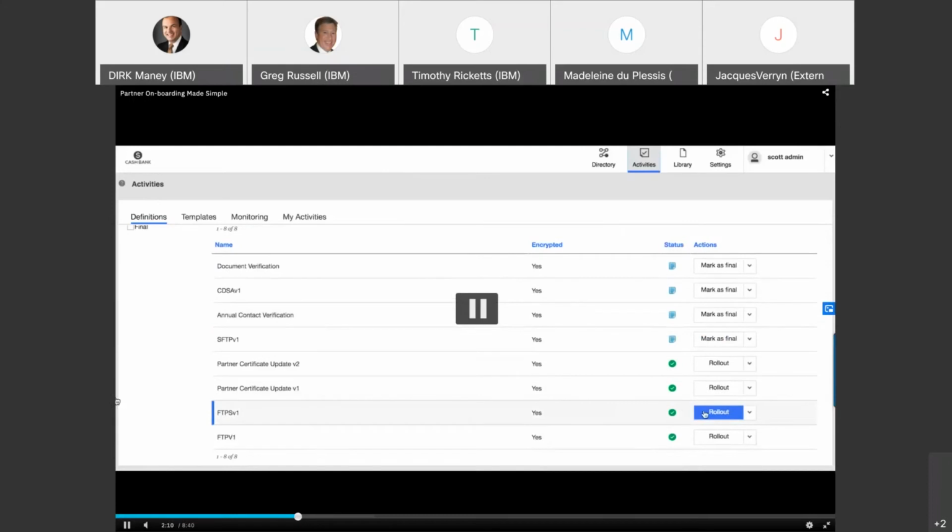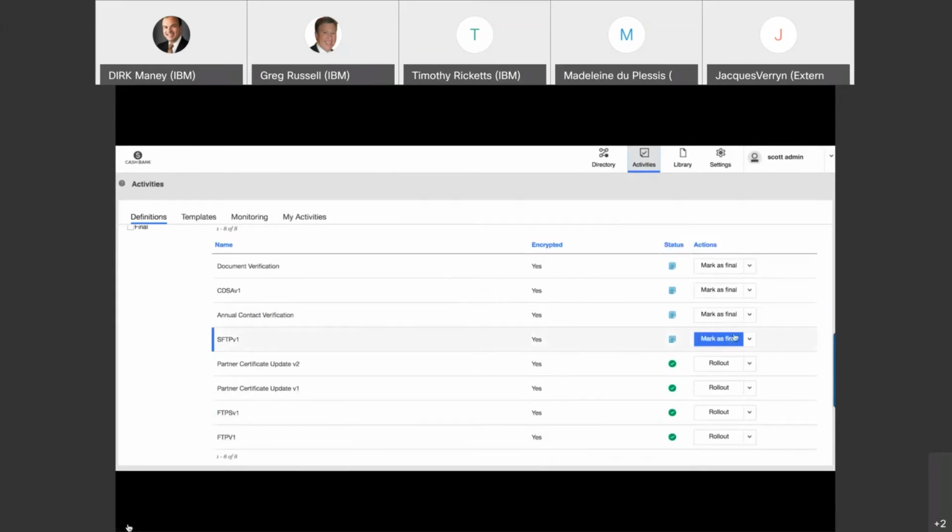You'll notice that I've got some that are in a draft state, where I can mark them as final, and other ones that are listed as rolled out. The ones listed as rollout are the ones in that final state that I can now push out to my partners. If I click on any of these options,